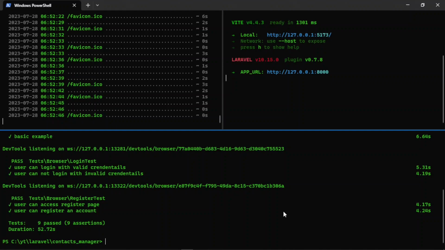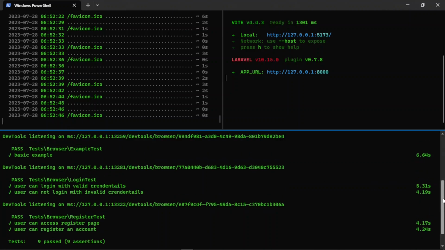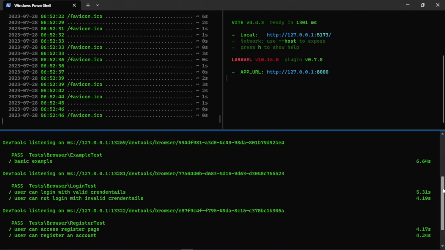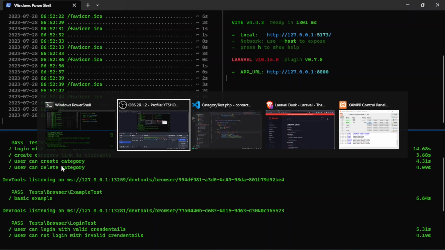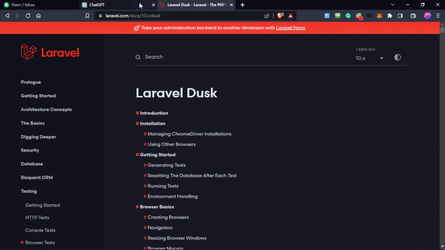In this video we are going to move on in our testing journey using Laravel Dusk, testing the application that we created with Laravel, Vue, Inertia and Tailwind CSS. We have done the login functionality testing so far, and a user can create a category and can delete a category. You can see here, and from now on we are going to move on to testing the